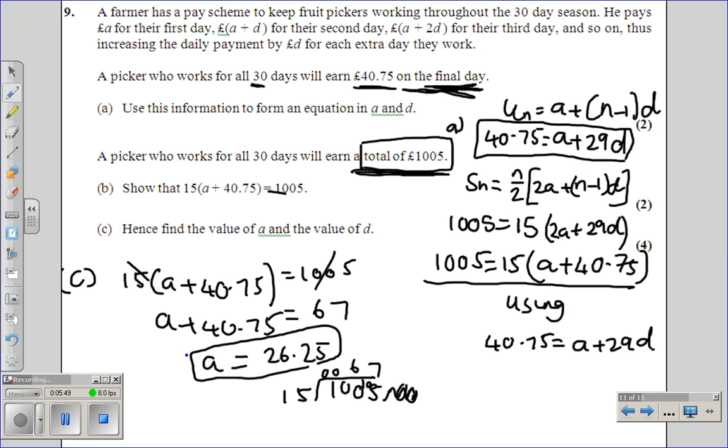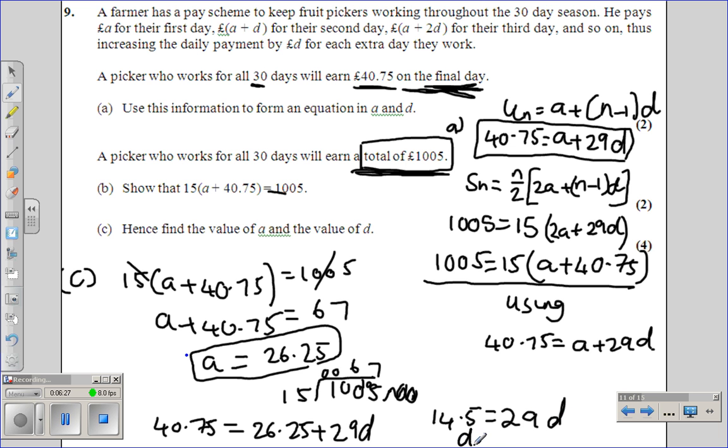And we'll use this one. So 40.75 equals A plus 29D, just using this rule that we got earlier. Take this away, hopefully it'll make something nice. 40.75, take away the 0.25, that's 40.5. Take away the 20, that's 20.5. Take away 6, that's 14.5. Aha, equals 29D. And you should be able to see it's actually not that bad. D must be 0.5. Let's put a box around it. So we're not the nicest in terms of number work, but we are A-level mathematicians, so we should